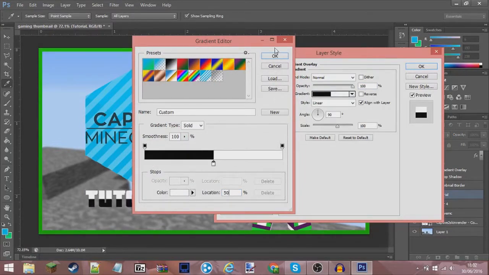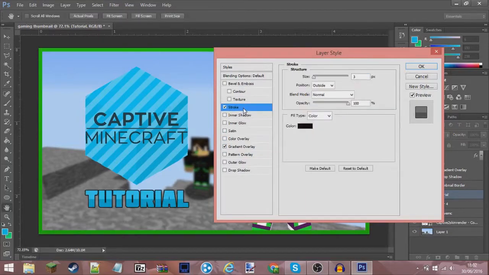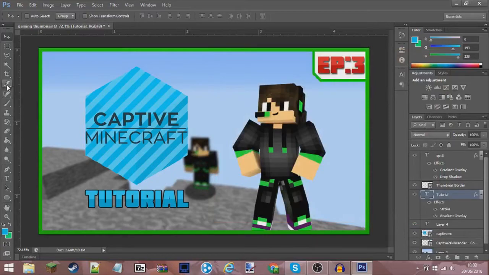50-50, and okay, and I'm going to make it 14 again because that seemed to have worked. Now what I do is I'd like to get a stroke. Now, with that stroke, hit OK. Head over to the color picker tool and see on the Captain Minecraft